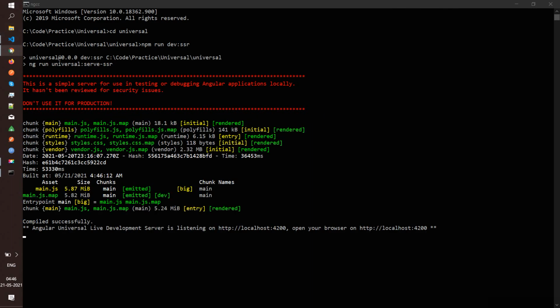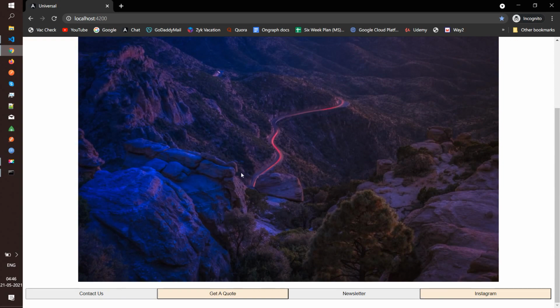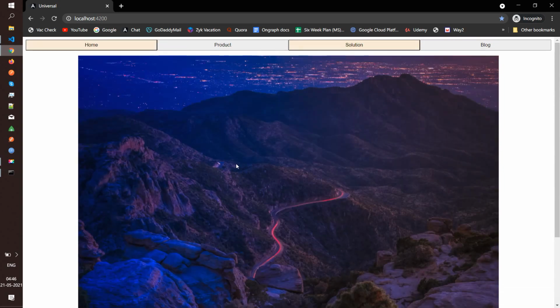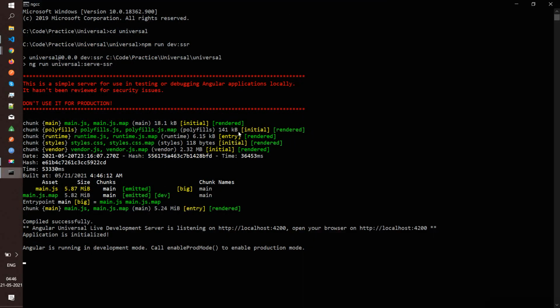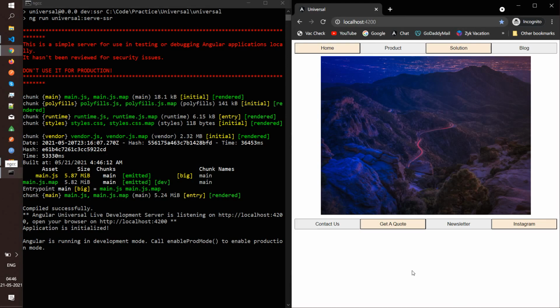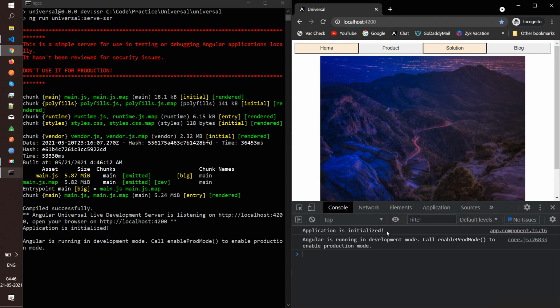So our build is completed. This is the dummy application I have prepared for the demo. So if you can see, the log application is initialized while the application is loaded first. Okay, so now I'm reloading the application. I want you to observe the console of the browser as well as this server's console.